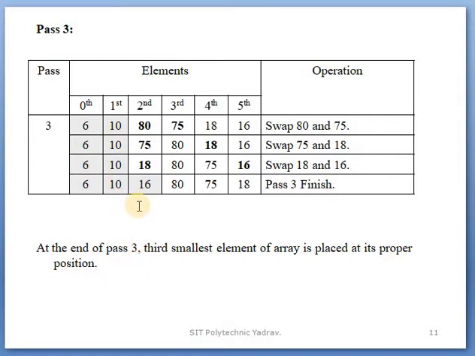Clear that? Okay. In bubble sort, the last positions are fixed. In selection sort, the first positions are fixed. In bubble sort, the largest numbers are sorted first, then the next largest. In selection sort, the smallest numbers are sorted first. This is the difference between these two methods. Okay. Clear that point?